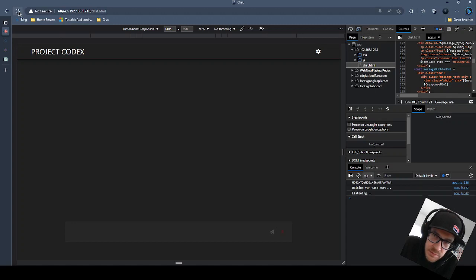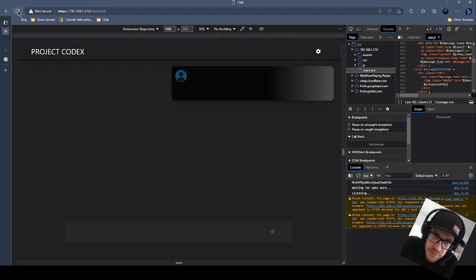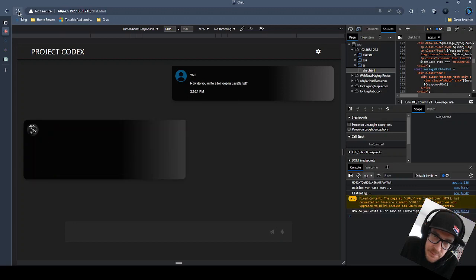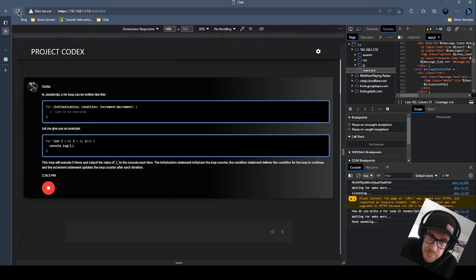Codex. How do you write a for loop in JavaScript? Please bear with me while I process your request. In JavaScript, a for loop can be written like this. Let me give you an example. This loop will execute 5 times and output the value of I to the